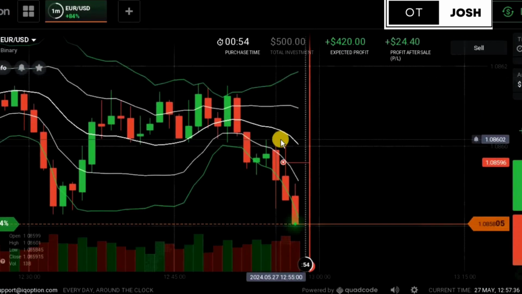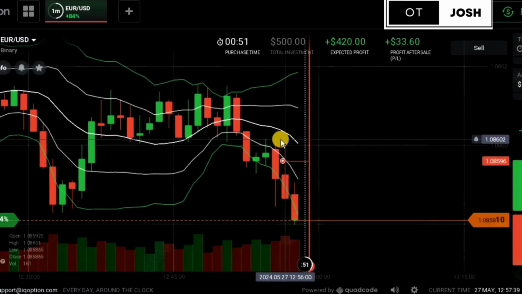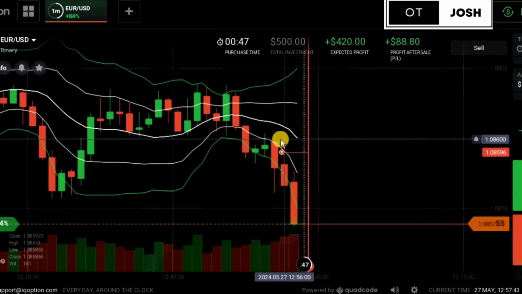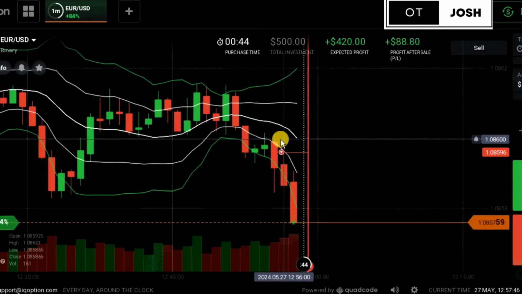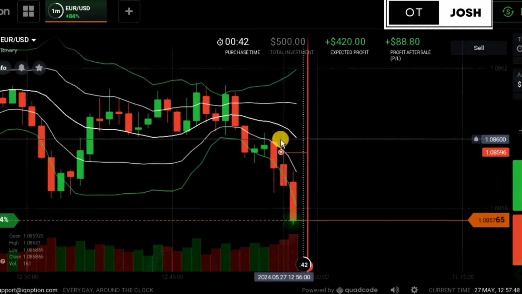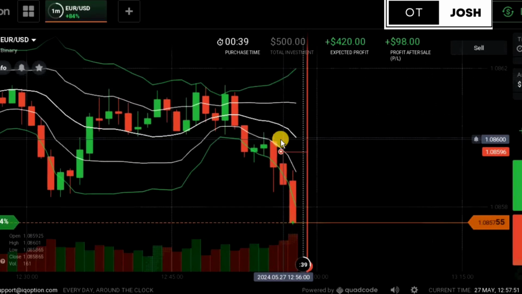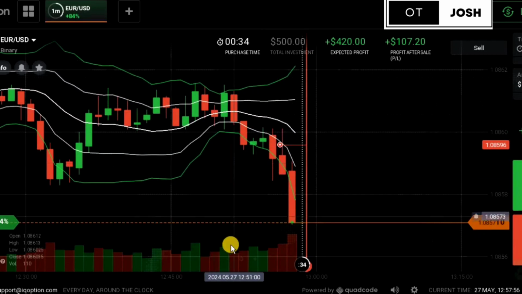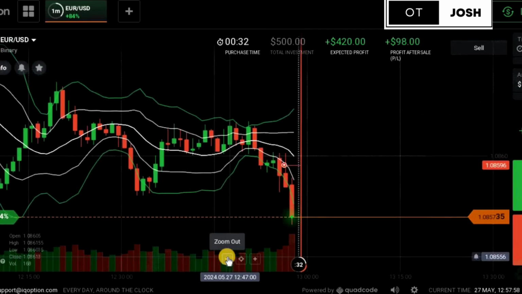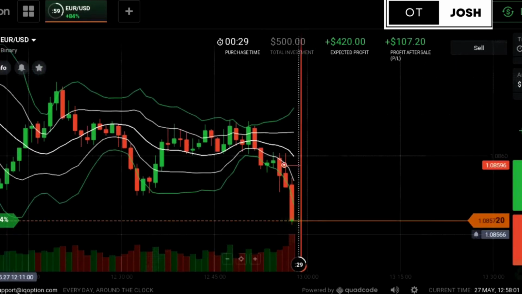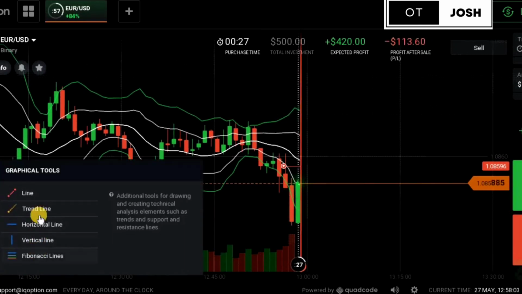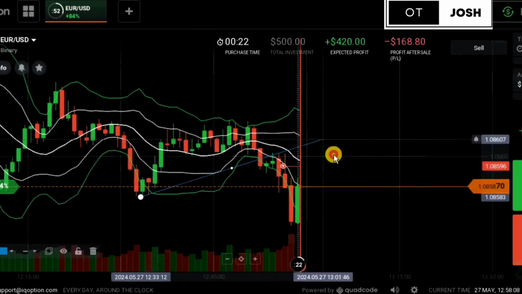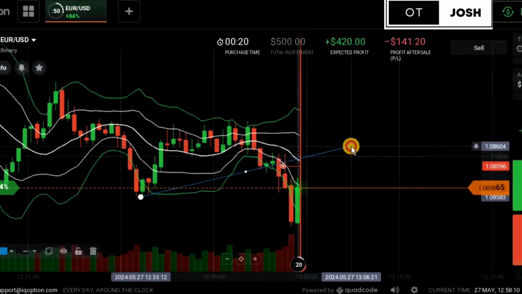So this is what we have here as the market is going on and on. Okay, you see how easily the EMA and the Bollinger Band can help us to assess it. If you look carefully as well, you can see that this was also a trend line here. You see this was also a trend line,